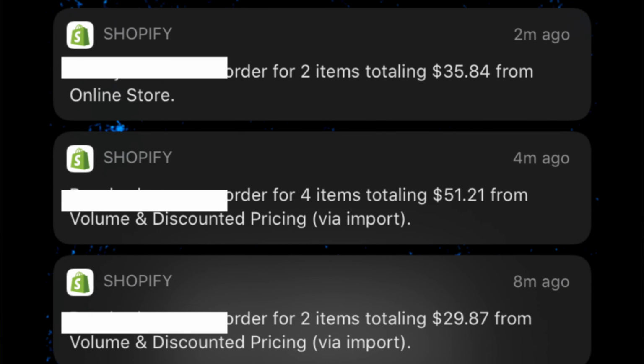So with that being said, before we dive into my computer and I show you guys the store that is responsible for sales like this and how you can copy this same exact format and structure for your store,